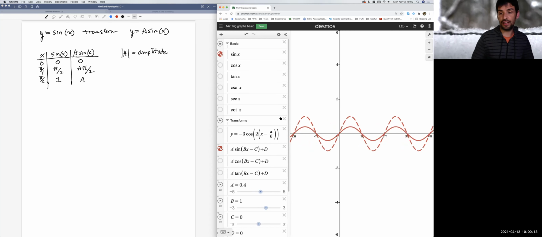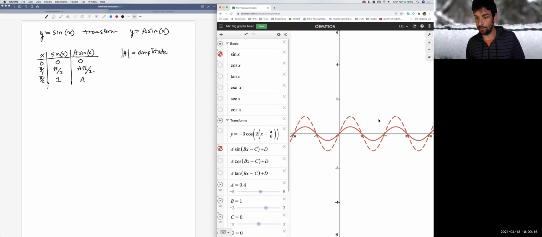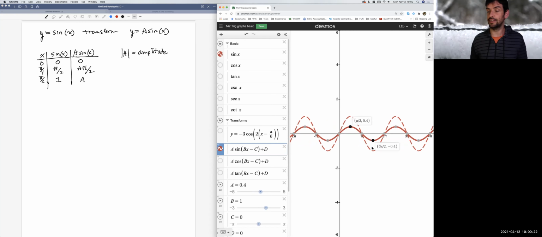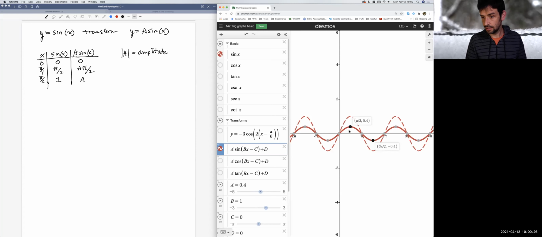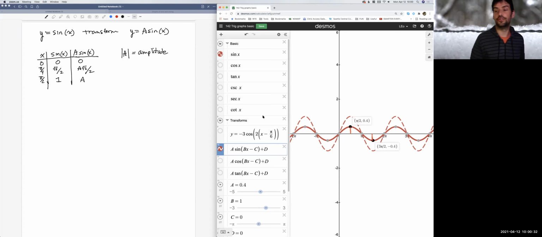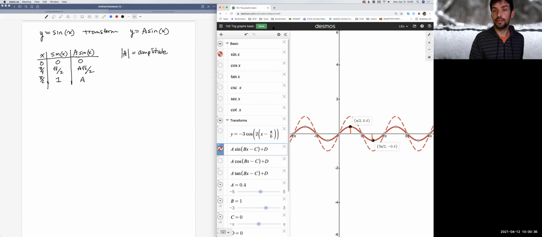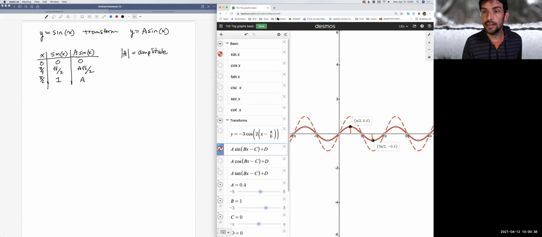Notice this value A, so for instance, here I'm at 0.4 again. This max point is at 0.4. This minimum point is at 0.4. This distance here is 0.4. The distance here is 0.4, right? So this amplitude is going to be the,